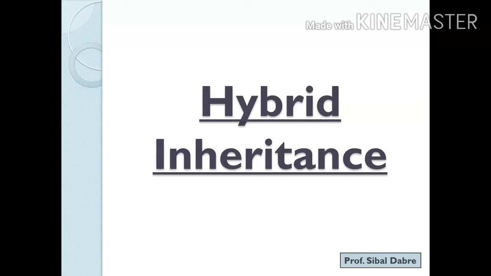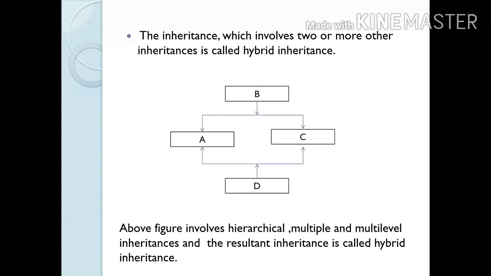Or in simple words, hybrid inheritance is a combination of more than one type of inheritance. As you can see in the diagram on screen, which involves hierarchical, multiple and multi-level inheritances, and the resultant inheritance is